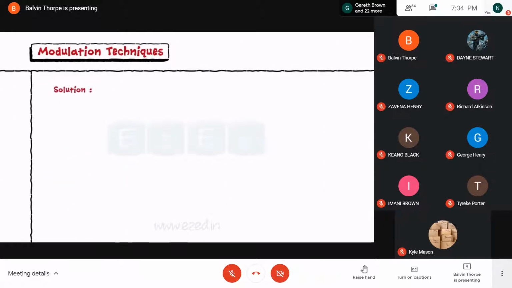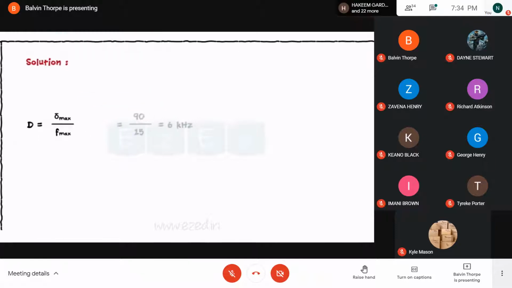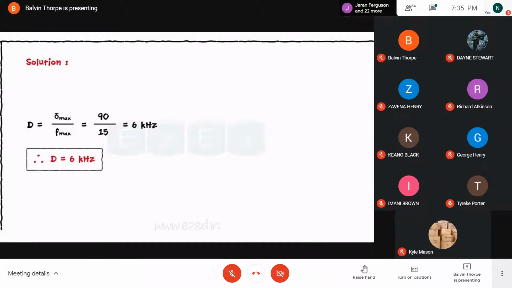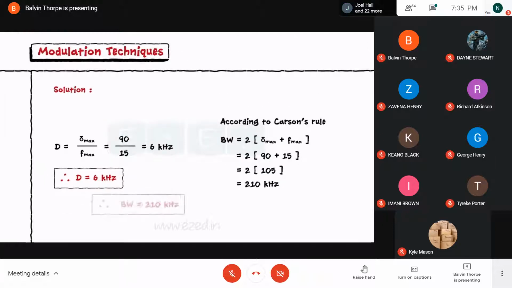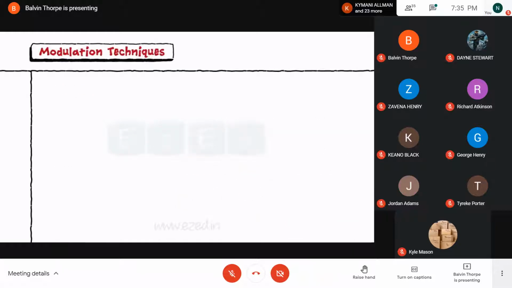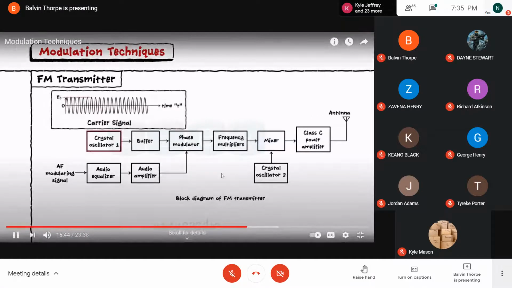Substituting the values, we get D equals 6 kHz. According to Carson's rule, bandwidth equals 2 times (max deviation plus max frequency). Substituting the values, we get bandwidth equals 210 kHz. Now let's study the FM transmitter. FM also uses the crystal oscillator to